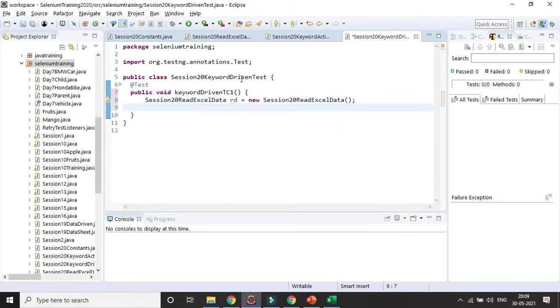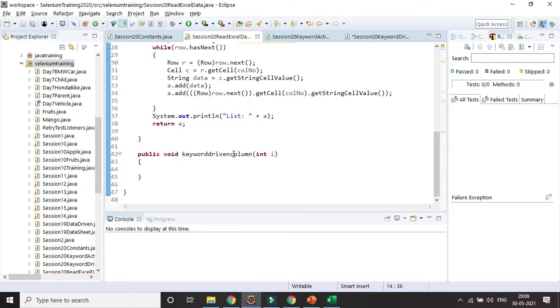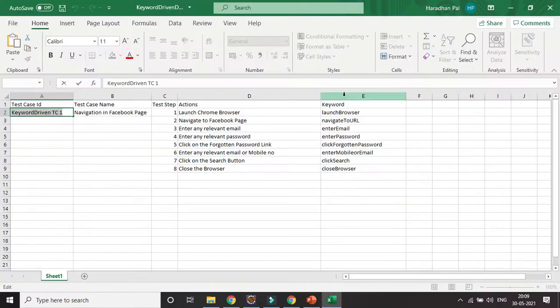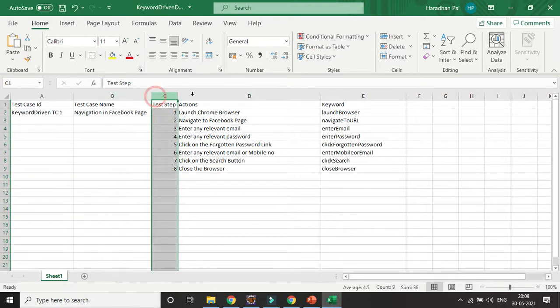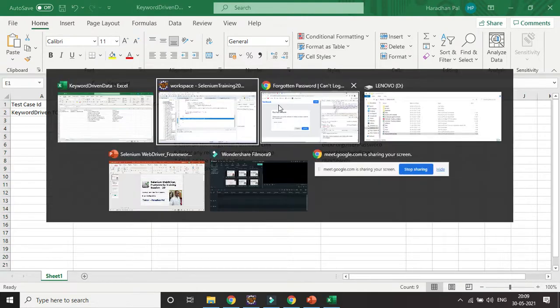Here I will call another important method, which I have written, to specify which column I need to refer to in order to match with the keyword. This is the first column, meaning column 0, second column 1, third column 2, then 3 and 4. This is column 4. Five columns means 0 to 4, so it will be 4. So I need to call that action here.